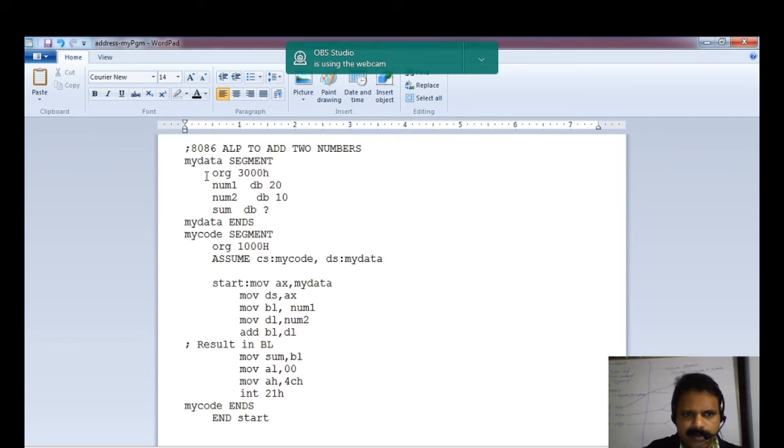See here, I have mentioned that the first byte of my data segment should get the address 3000H, and the first instruction in my code segment should get the address 1000H. That is in hexadecimal.